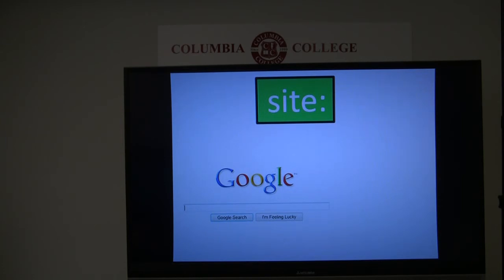Similarly, you can use site:/org to limit your results to organizational websites, that is, websites with .org in the web address. And, as you can imagine, you can use site:/edu to see only educational websites in your search results, or site:/com to see only commercial websites. This site:/ search strategy gives you a lot more power when you search and allows you to limit your results to the type of website that you want.